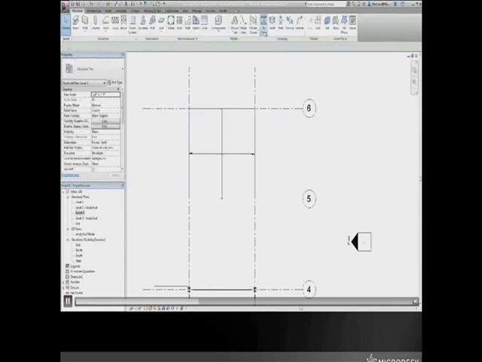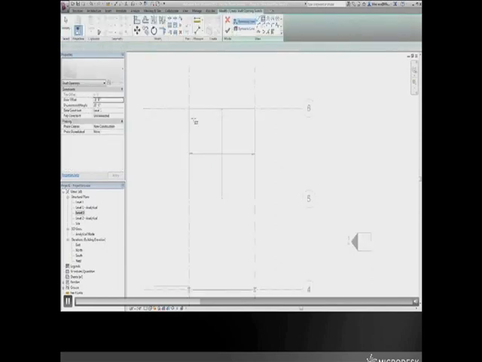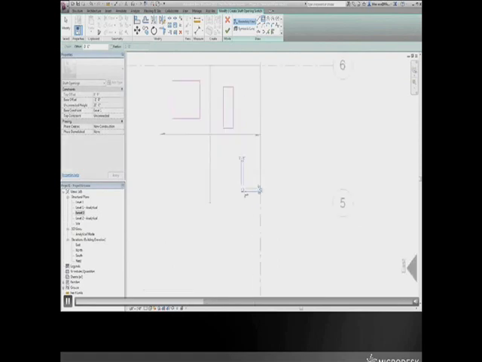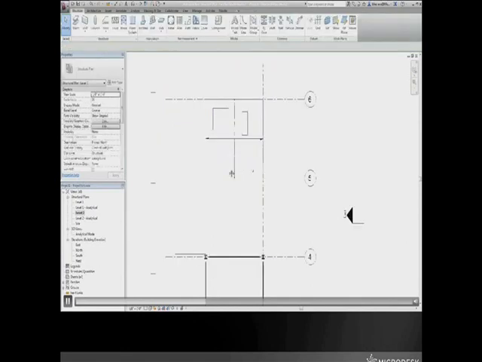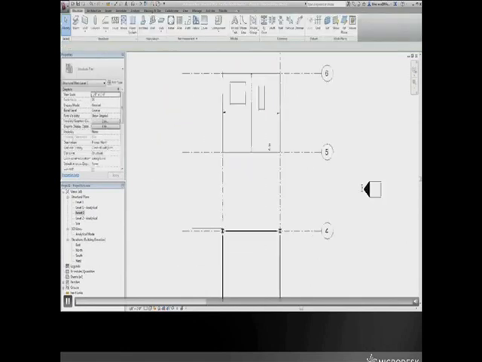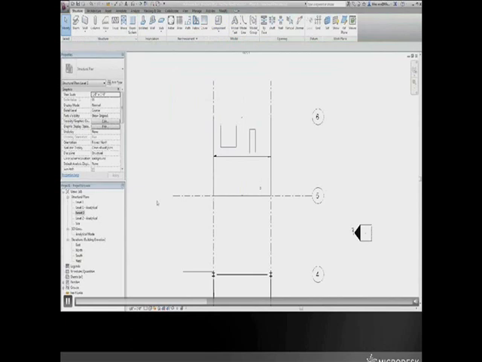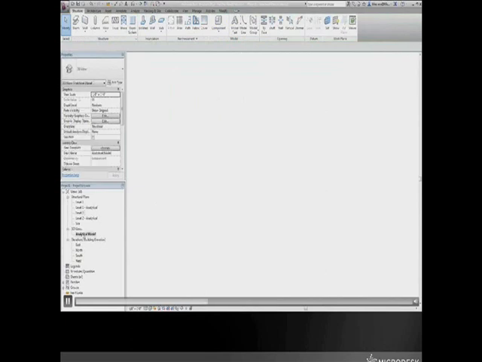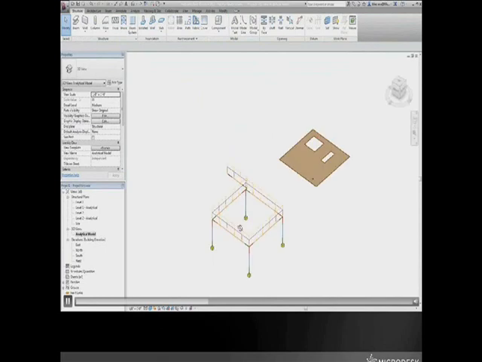I'm going to start to penetrate this slab with a couple of shaft openings so that we can see how those tools work now as well. You'll notice that I'm putting in these shaft openings all within the same sketch mode. So what Revit is going to do is combine them as a group. So if I wanted to turn them off, and we'll see that in a second, it's going to turn the whole group off. So going back to our analytical model, select our slab,